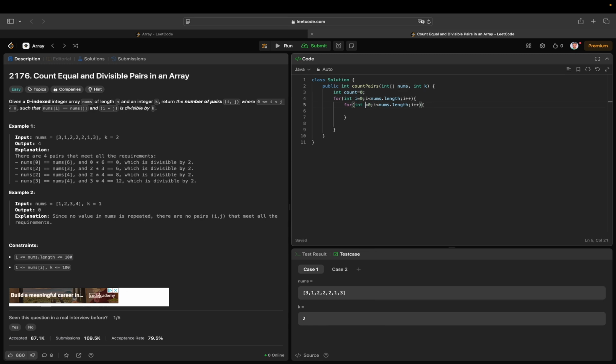So j starts from i plus 1, and j will also be less than nums.length, and j plus plus, because you know that j is greater than i. Okay, so now we will check if nums at position i is equal to nums at position j,